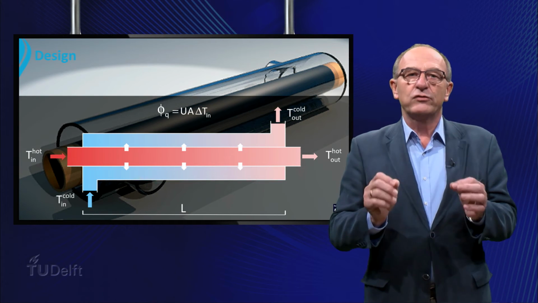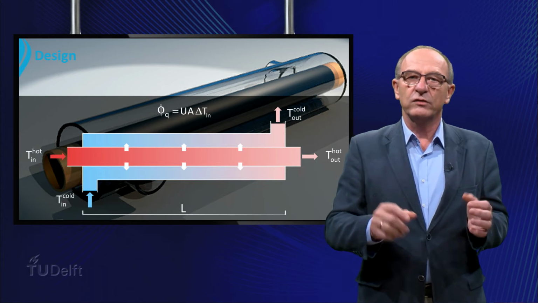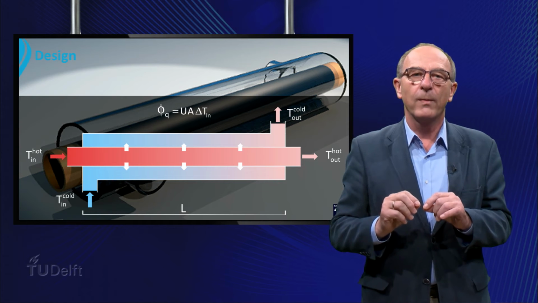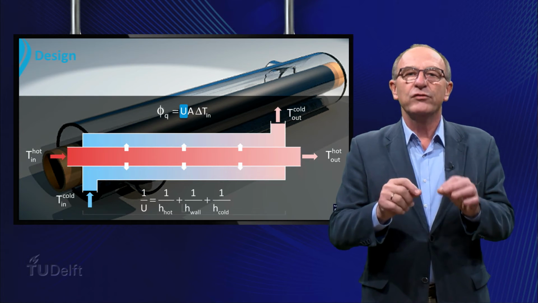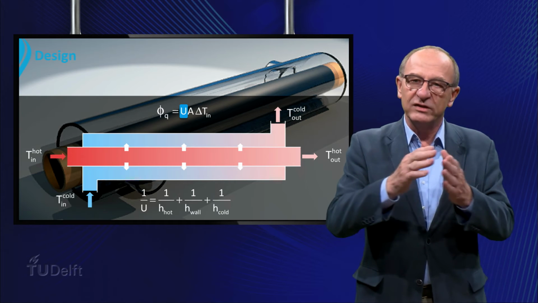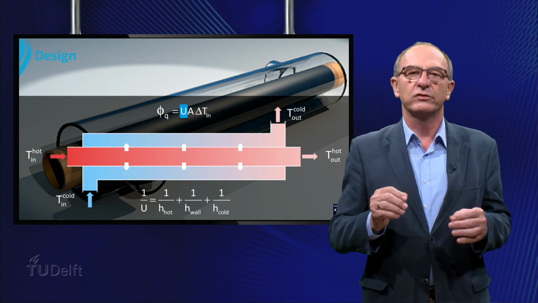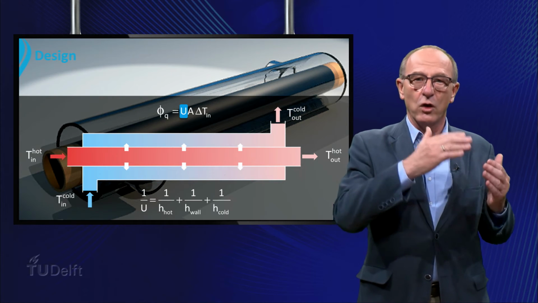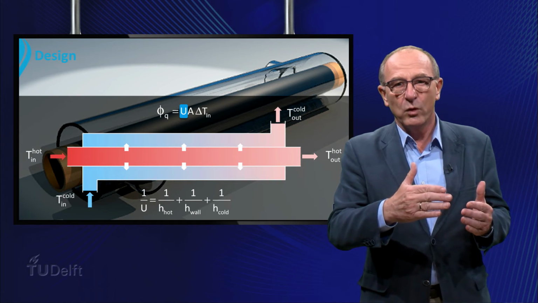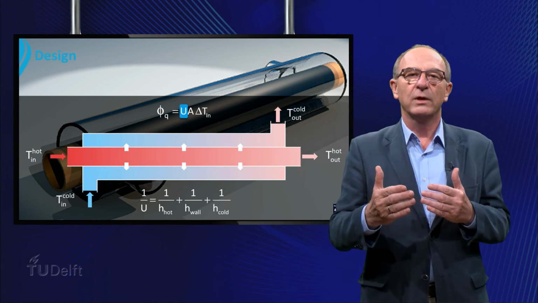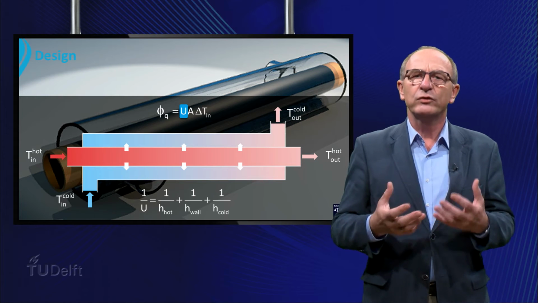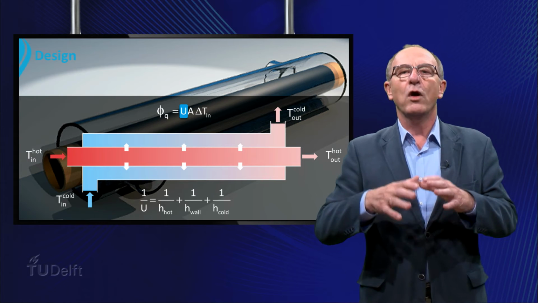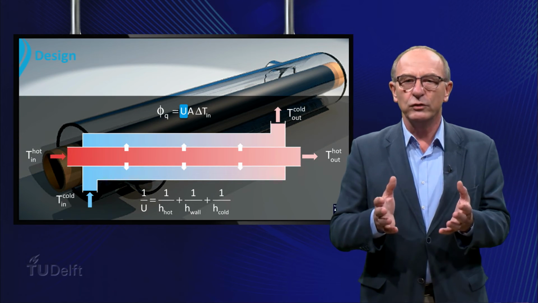The overall heat transfer coefficient, U, covers the process from hot liquid to cold liquid, including the conduction through the wall. Its reciprocal value represents the sum of all the heat resistances involved in the heat transfer process. This means that it is the sum of the heat resistance at the side of the hot fluid, the conduction through the wall, and the side of the cold fluid. In practice, it is often difficult to determine all these resistances separately. For this reason, the value of the overall heat transfer coefficient, U, is often used.